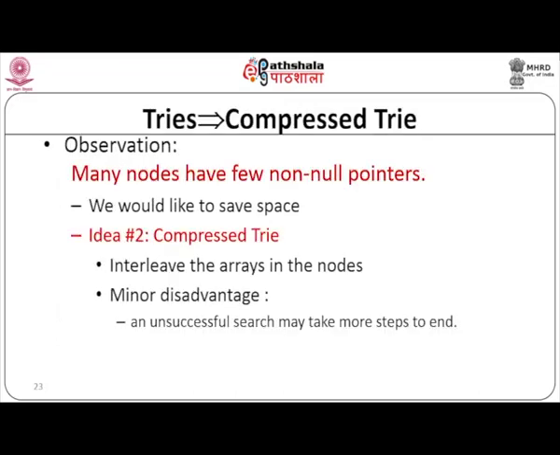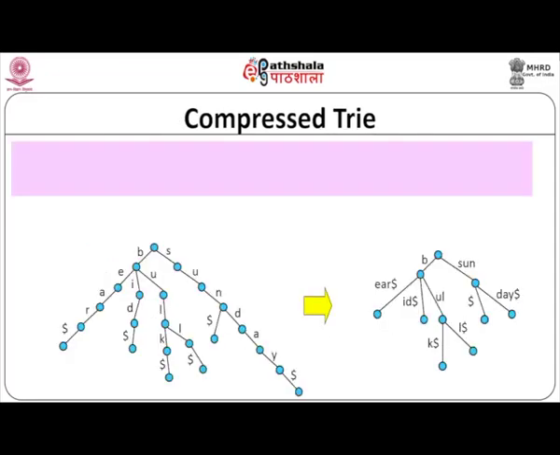Okay. Now we go to the compressed trie. Many nodes have few non-null pointers, so we would like to save space. So the idea number 2, which we have discussed, is the compressed trie, where we interleave the arrays in the nodes. Minor disadvantage: an unsuccessful search may take more steps to end. That is the only issue. So this is an example of a